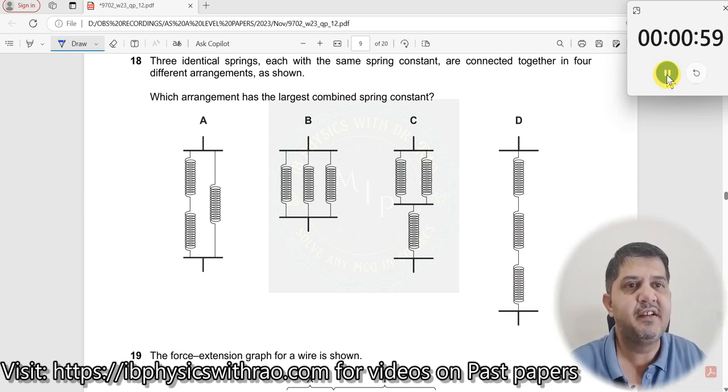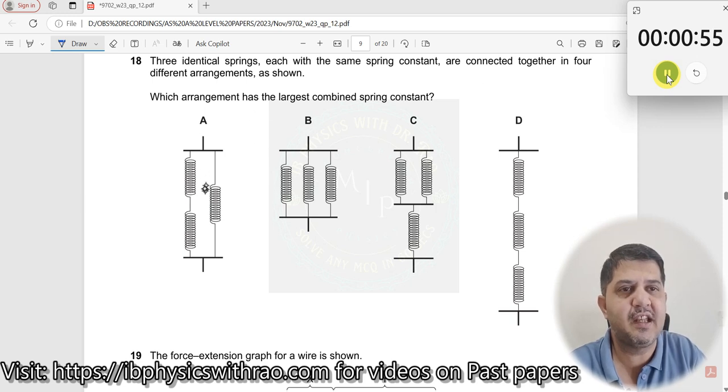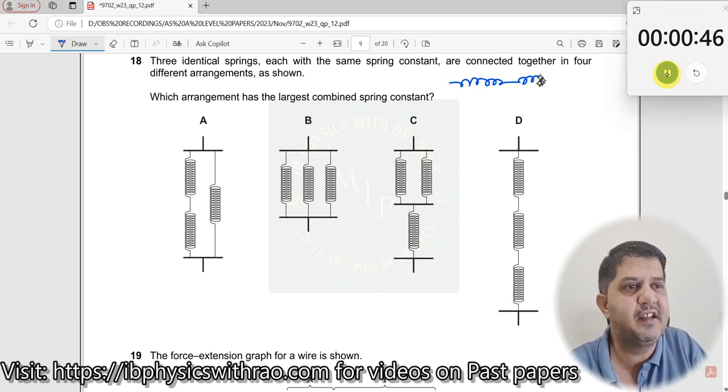Question number 18. Three identical springs, each with the same spring constant, are put together in four arrangements as shown. Which arrangement has the largest combined spring constant? You would have read in your theory that if I connect two springs in series, then the effective spring constant